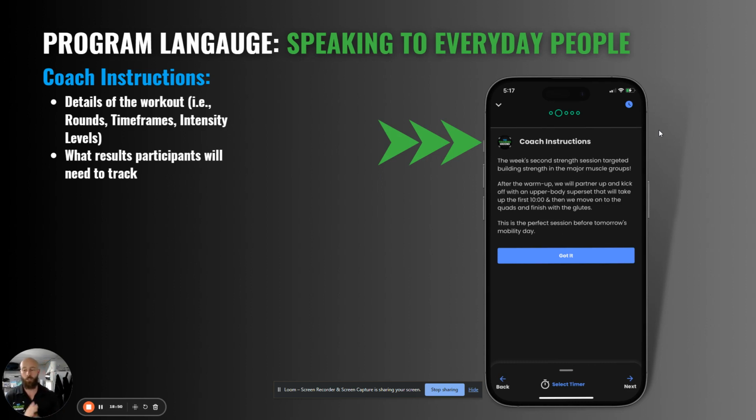So the coach's instructions, when you click on start workout for the day, is the first thing that pops up. This will be a brief summary of what you can expect. Now, a lot of the members like to look at this the night before, get an understanding of what they're going to be going through in the morning. I'll wake up to messages like, oh, this one looks fun, or I'm ready for this, or I'll get my Metcons out. So this brings a lot of excitement, and also lets the members prepare in their heads what they're up for.